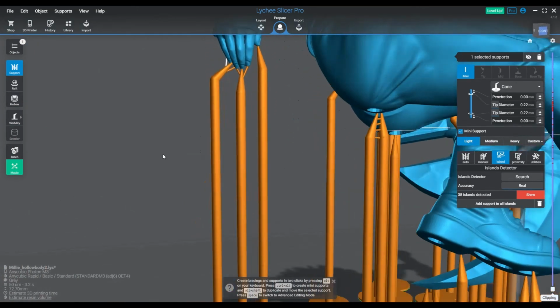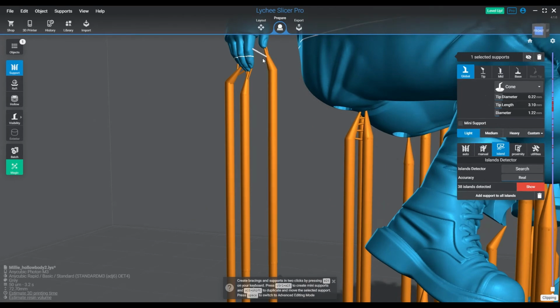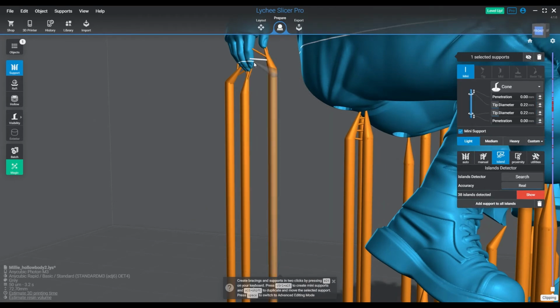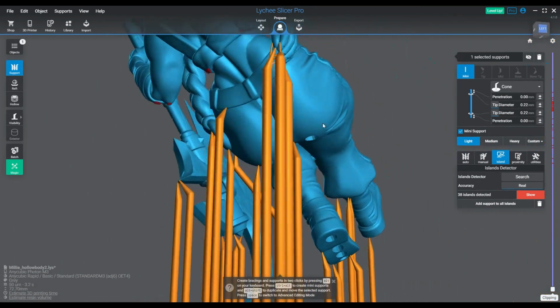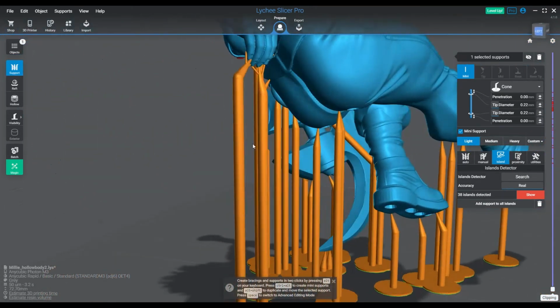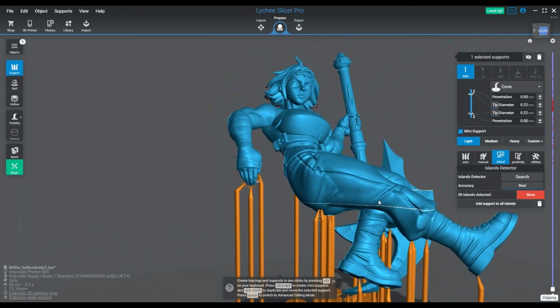Maybe one little support bridge there. Boop. And we just want to make sure we're not going through the finger. I think I see one actually might be there. I'll take a look at that later. And we just need to keep going around and adding the rest of the